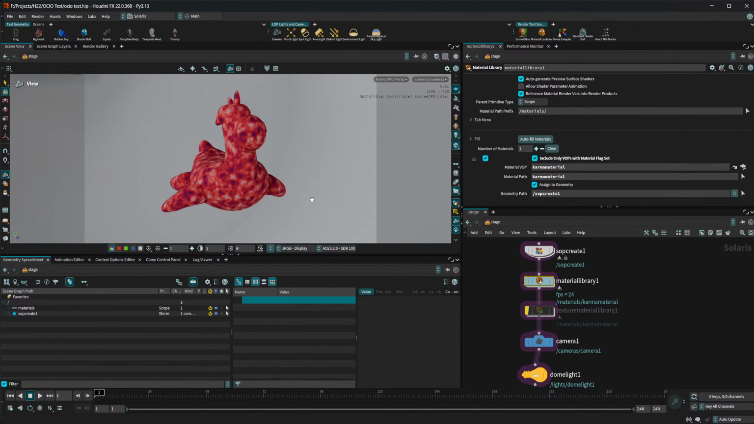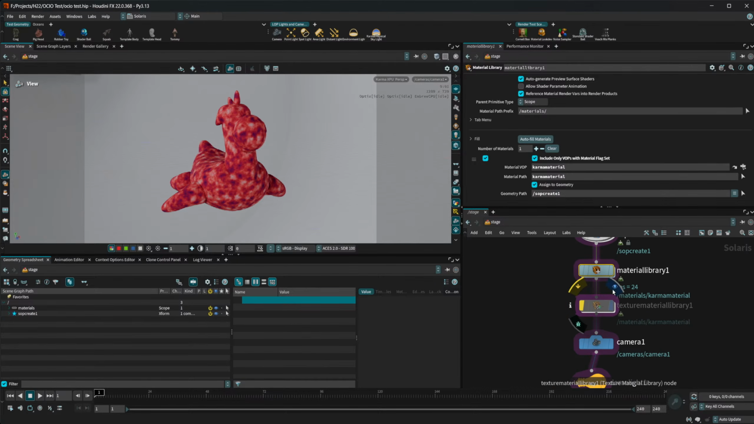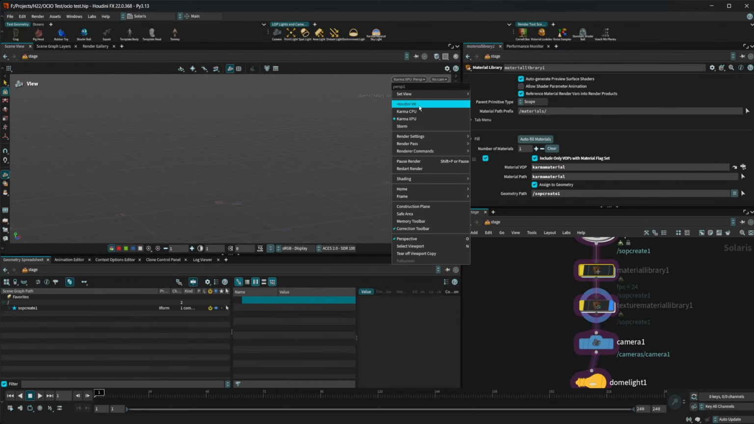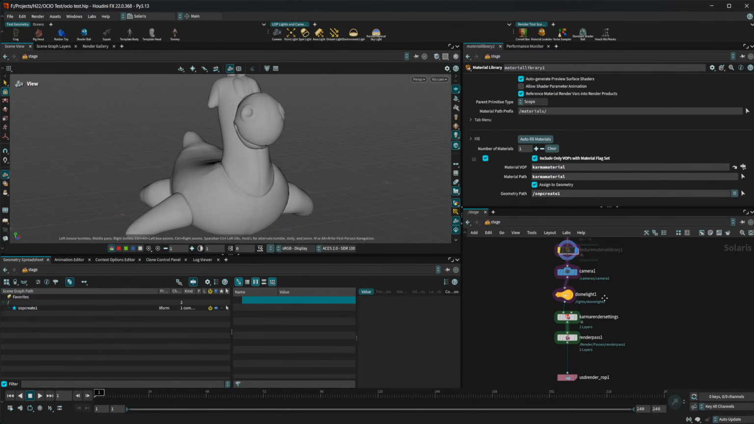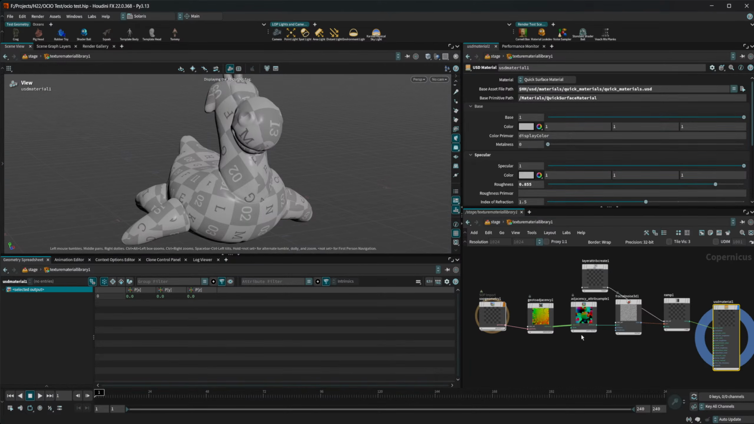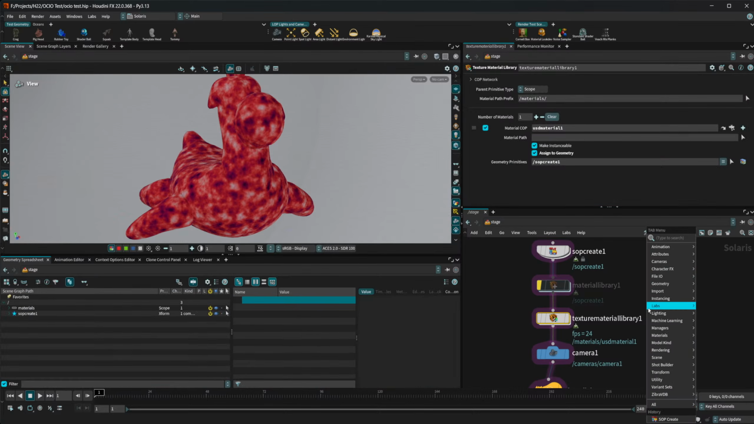Okay, so while you're in Solaris, check out the new atmospheric parameter and Karma physical sky. Yeah, I can do that here in a second. So the other question was about this texture material library, which is basically, I hit the wrong flag there. It's basically the same thing as the